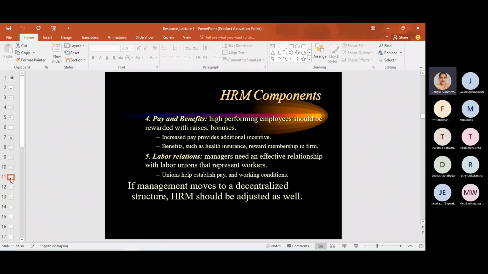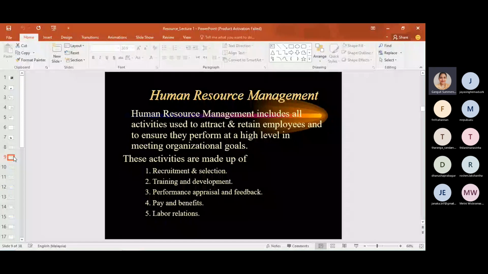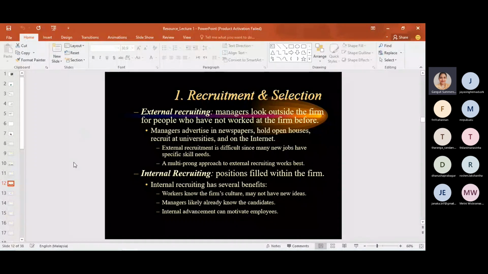Okay, so guys, so far we discussed the HRM components. We discussed a little bit about recruitment and selection, training and development, performance appraisal, pay and benefits, and labor relations. Now we are going to discuss these things in detail. We are going to discuss what is recruitment and selection in detail,